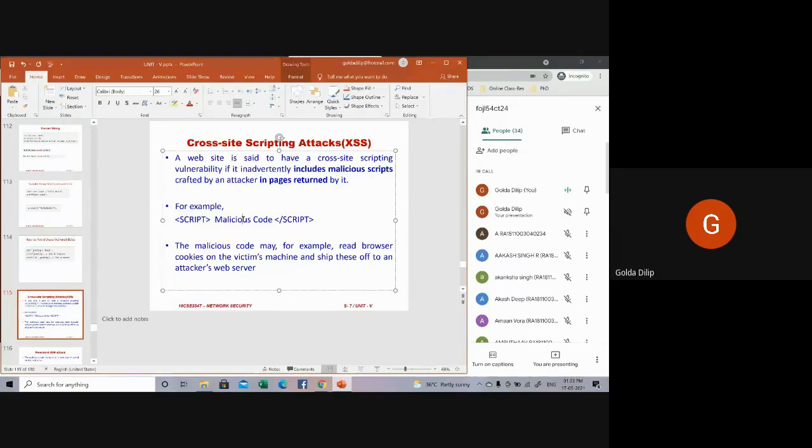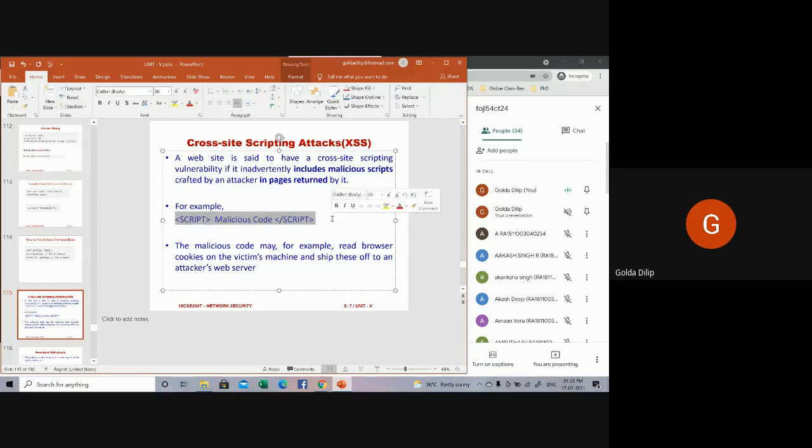Social networking sites with web interfaces are the most vulnerable targets for cross-site scripting attacks. All the attacker needs to do is embed a malicious script on the page that is being contributed by that particular person. When other subscribers to this site download the page, they will also be downloading the malicious script.